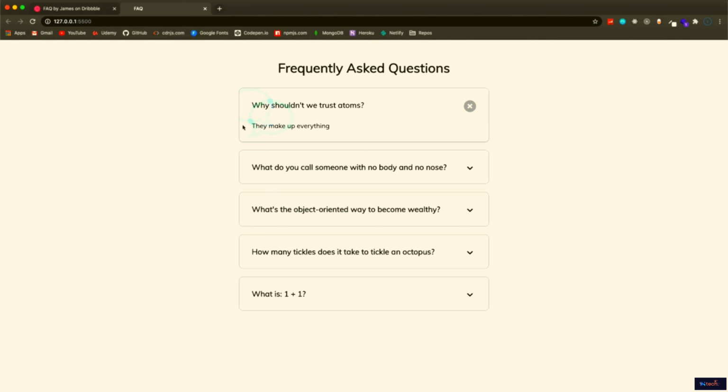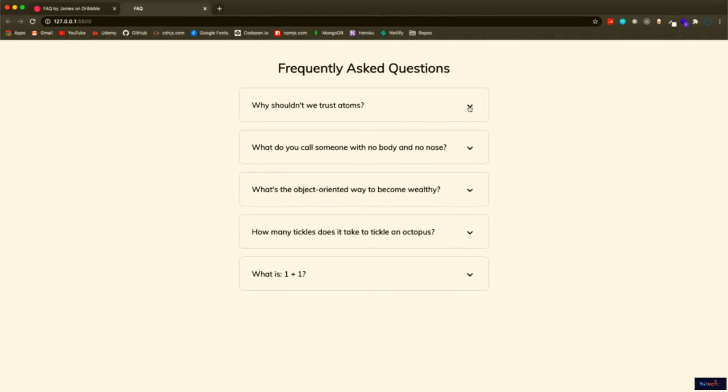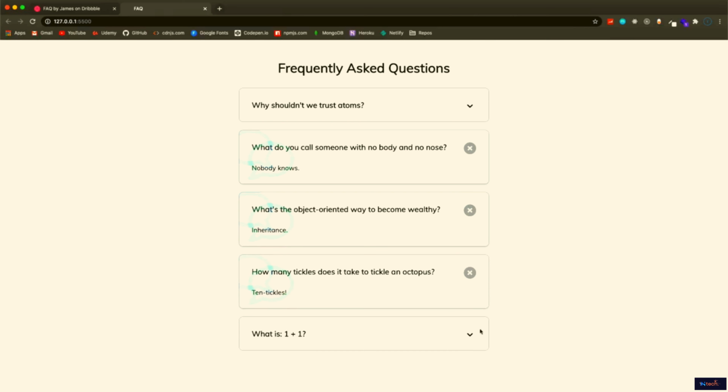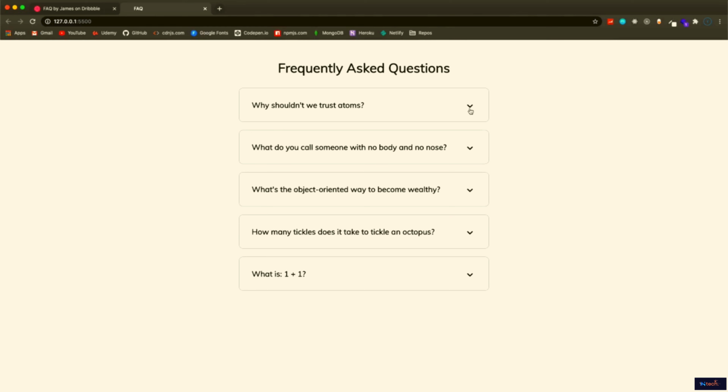The CSS part will be our main focus as we style and position everything perfectly. Then we'll add some simple JavaScript to make these cards functional, so you can easily open and close each tab to reveal the answers. Stick around till the end to see the full process, and make sure to follow along